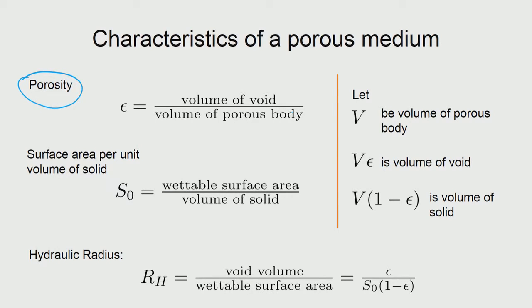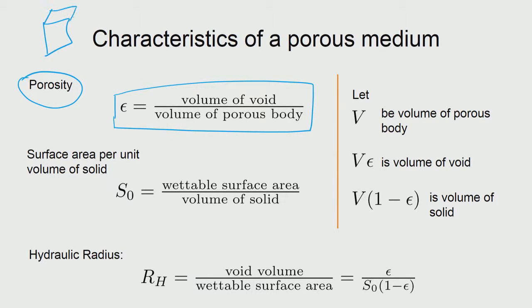These are all possible. And so you would like to define the porosity as the volume of the void to the volume of the porous body itself. By porous body, what we mean is the entire body externally measured. So if you use calipers and measure the dimensions, that would be the volume of the porous body. If you were to remove all the void, that would be the volume of the solid, and together it is basically what we refer to as V.